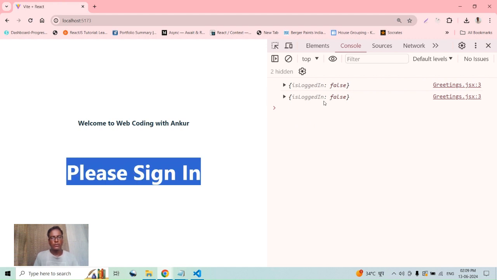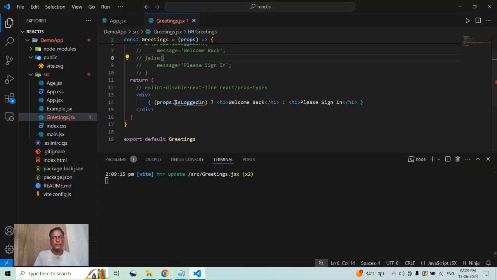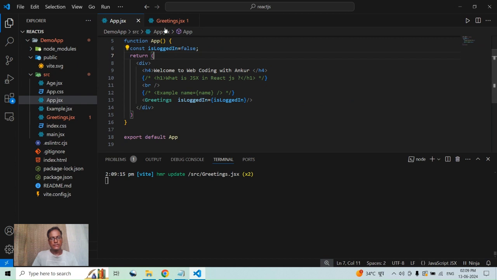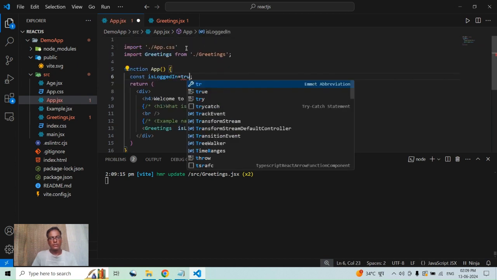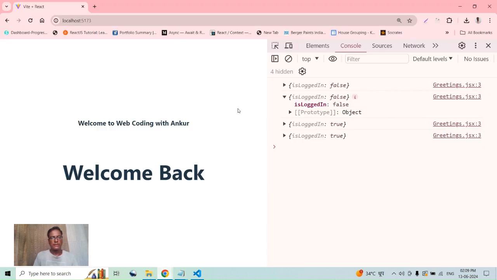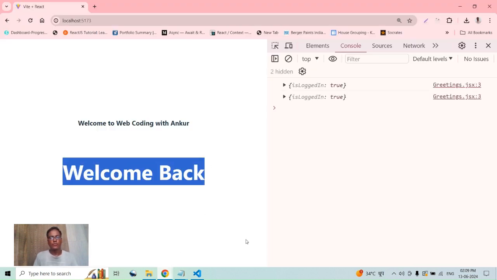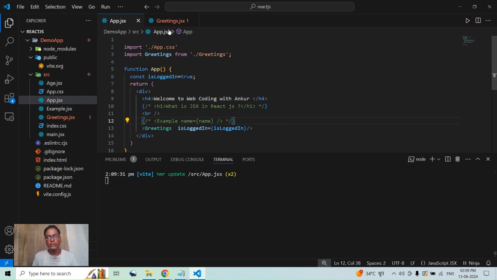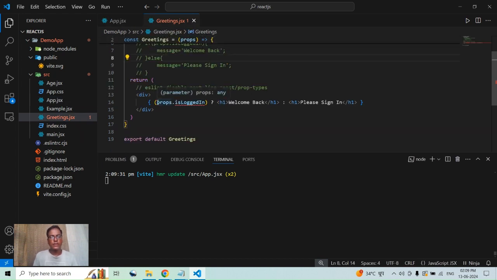Welcome back. Hold on, we have to do an h1 tag so that we can easily see this particular message which we are getting here. Now you can see here what you get: welcome back. Why so? Because your value isLoggedIn is true. Because we already gave a condition that if the logged in